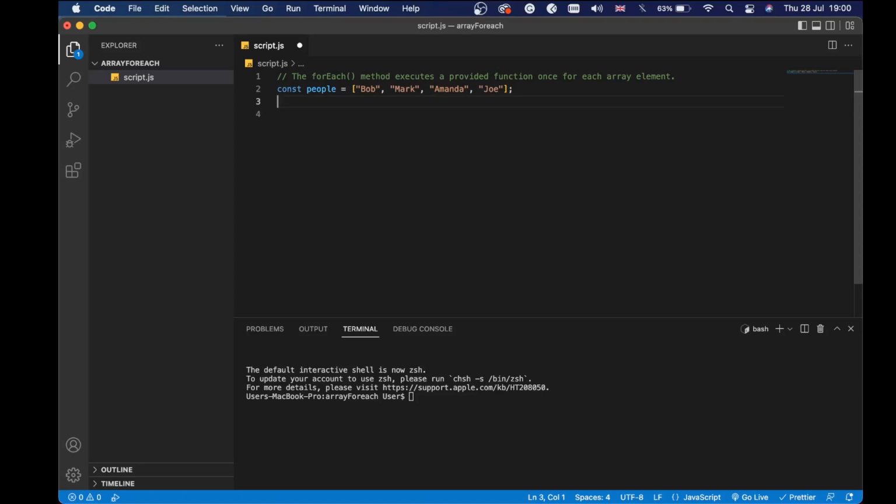The array.forEach method executes a provided function once for each array element. Down below we have an array containing several names: Bob, Mark, Amanda, and Joe. Now we want to log all the names inside that array. To achieve that, all we need to do is to say